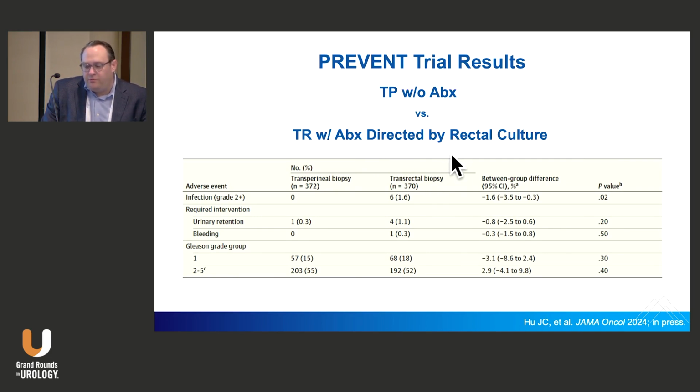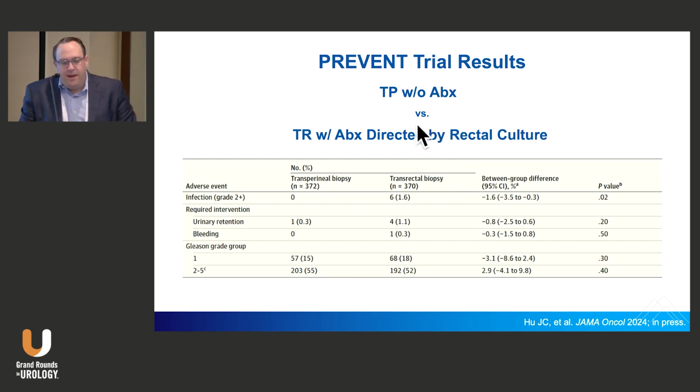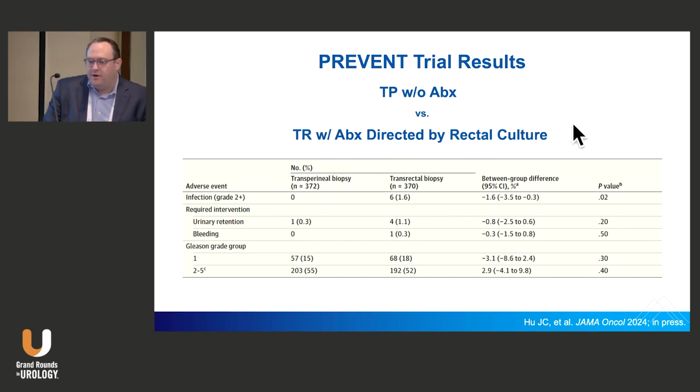This is a randomized controlled trial that I was fortunate enough to be a part of. Jim Hugh wrote for an R01 with Andrew Vickers and got it to support this trial, where patients were randomized to transperineal prostate biopsy without antibiotics whatsoever versus transrectal prostate biopsy with antibiotics directed on the basis of a quinolone resistance rectal culture. There was an early version of this trial that was known as the PREVENT trial, published in